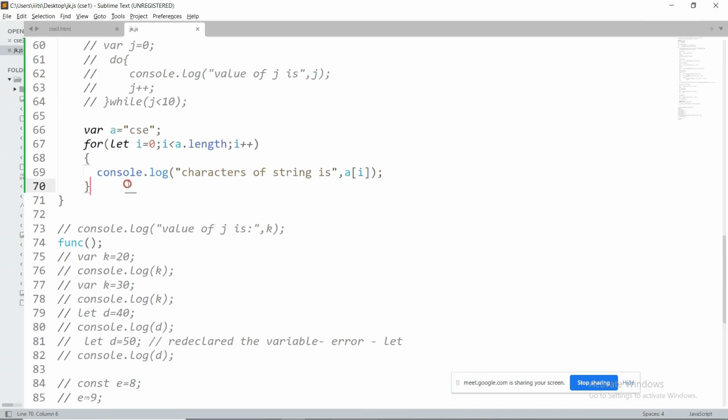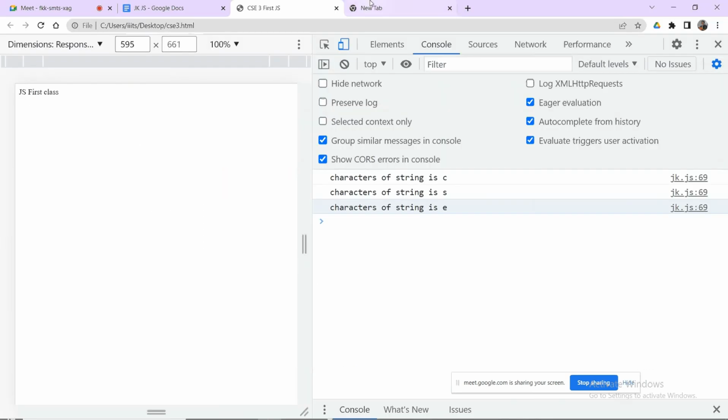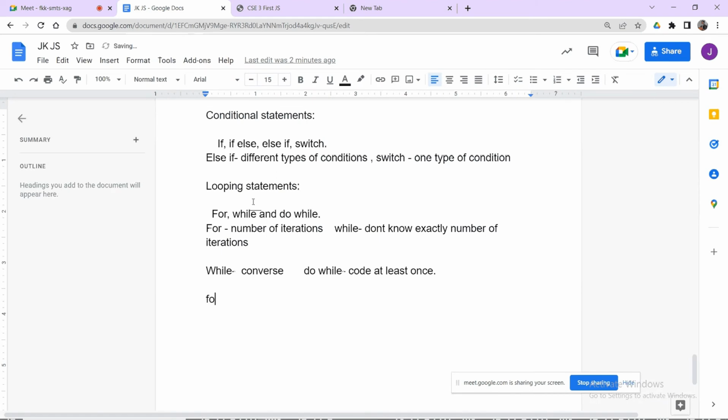Okay, fine. In this process, I am writing some extra steps. First, I am identifying index positions. Then I am going to that position and extracting the value. Instead of this kind of procedure, we can have another kind of loop. That loop, called the for of loop, is a new loop which you don't know.